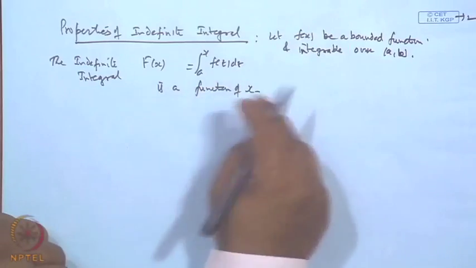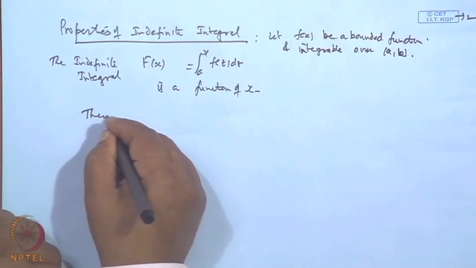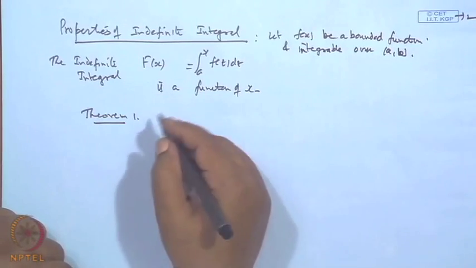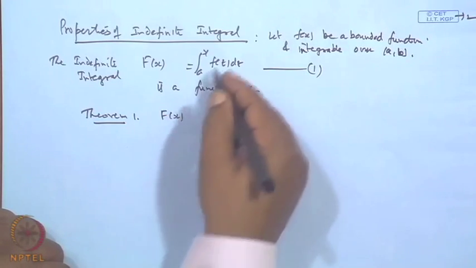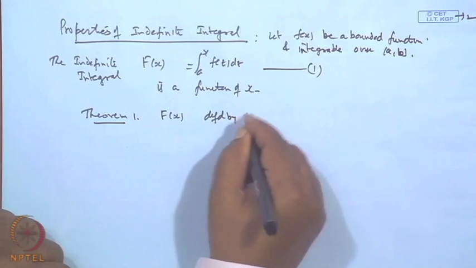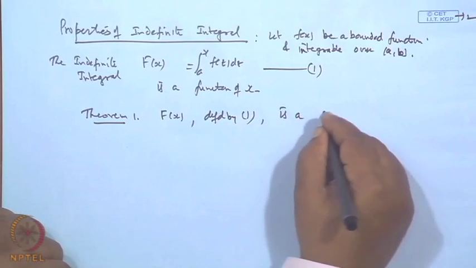Okay. So, let us denote this value by F(x). Now, we have one result. The first theorem says, if the function F(x) which is defined by this integral,